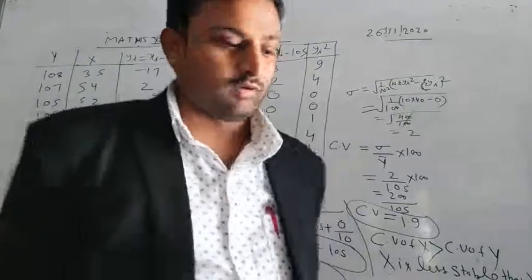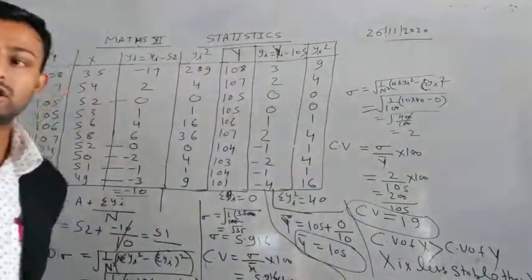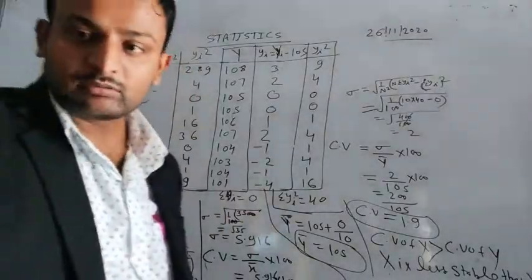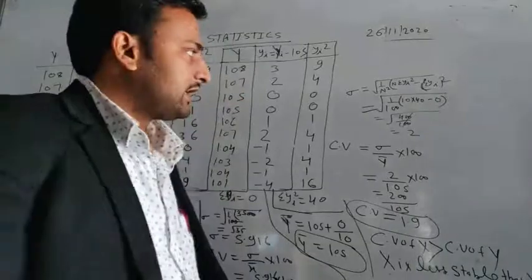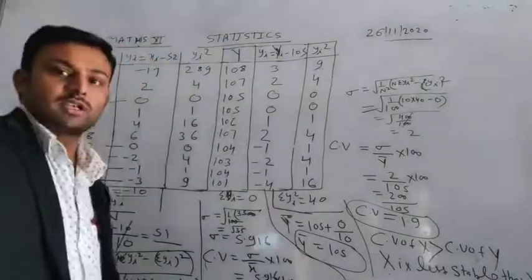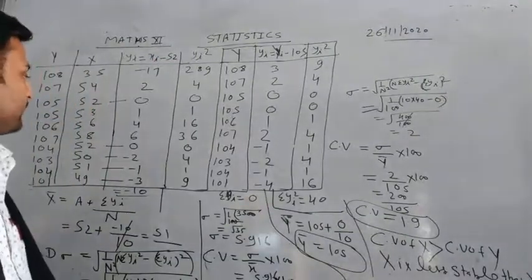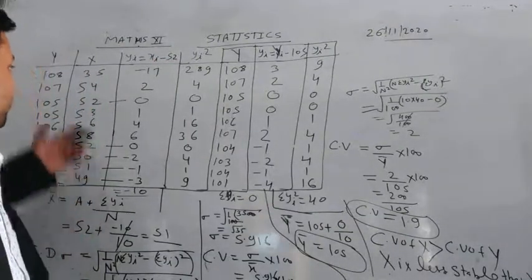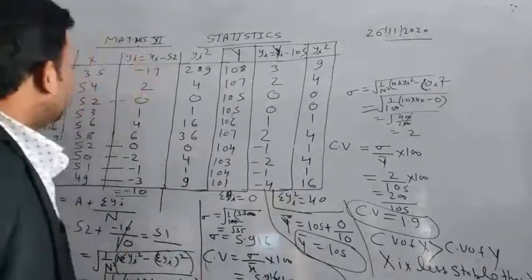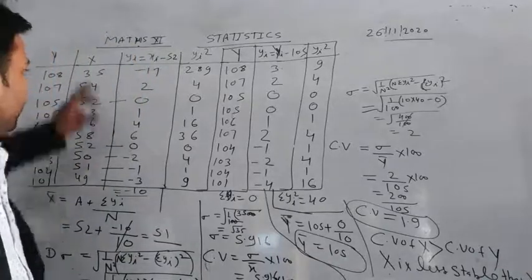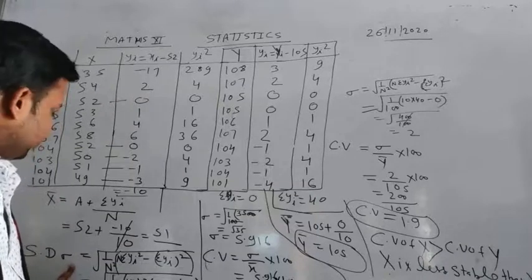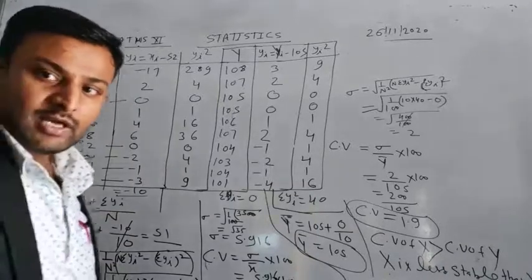Okay, now what we have done in this question overall: we have been given two shares, x and y, and from the given information we have calculated which share is more stable. So for finding the more stable one, we find the coefficient of variation for share x first and the coefficient of variation for share y. So we have calculated our mean and SD, because the coefficient of variation formula is sigma by x bar into 100. x bar is the mean.